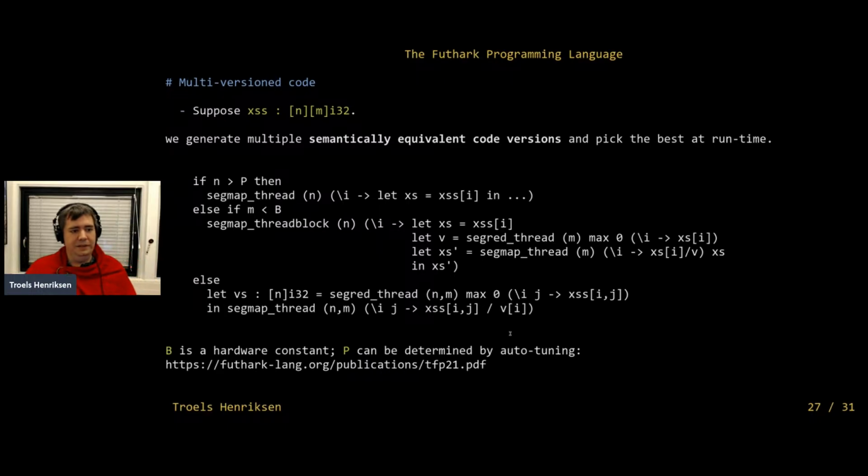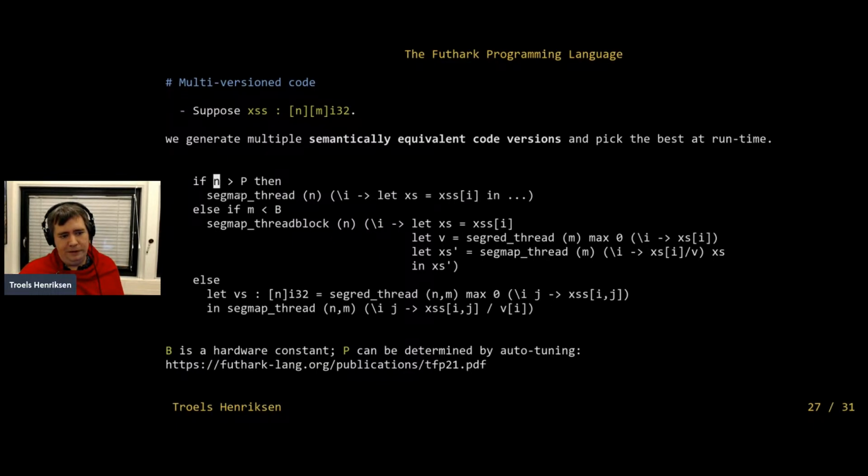So the compiler will generate a big if that contains all of these versions, and then it will pick at runtime the one that it thinks is best based on a combination of heuristics and some other decisions. For example, it will say that if the amount of parallelism in the outer dimension exceeds P, which is some number that represents how many threads you need to fully utilize the GPU, then it will not exploit the inner parallelism, based on the idea that parallelism is not free to exploit. So if we can fill up the GPU without exploiting it, then that is the superior option.